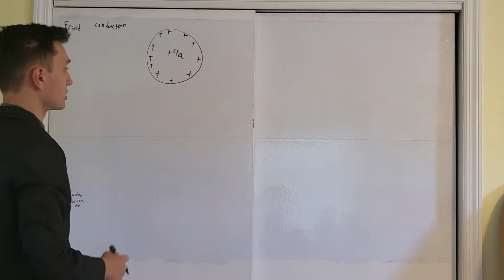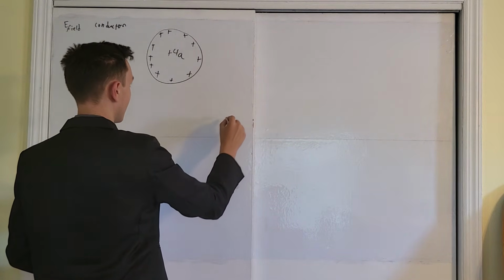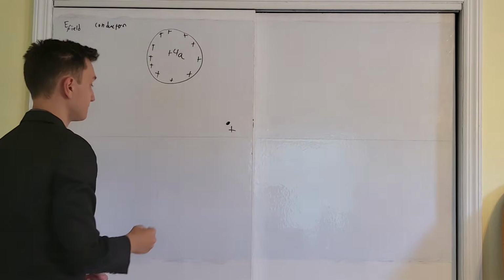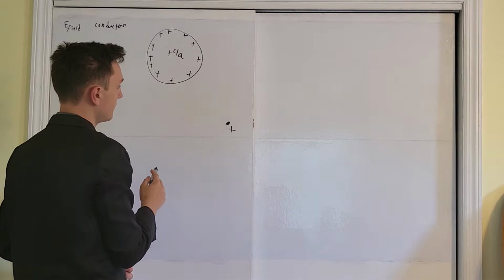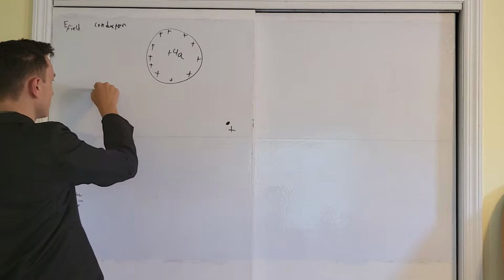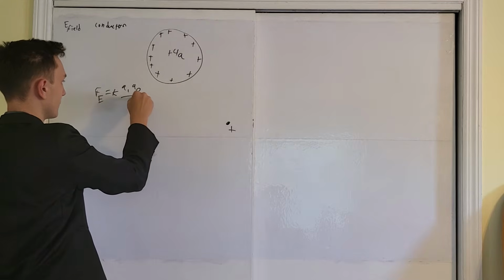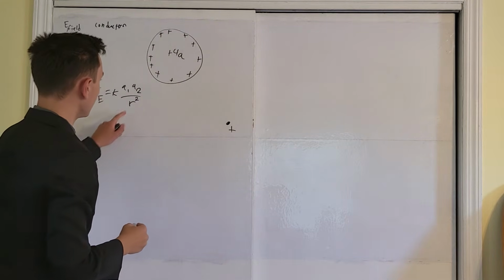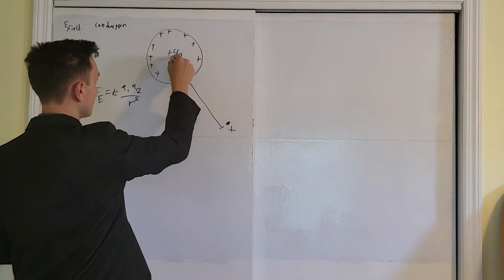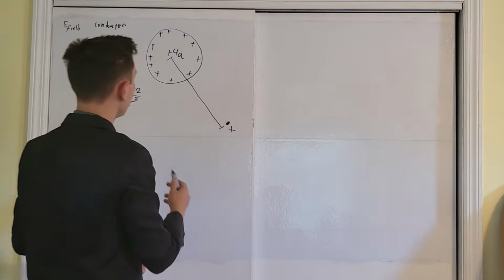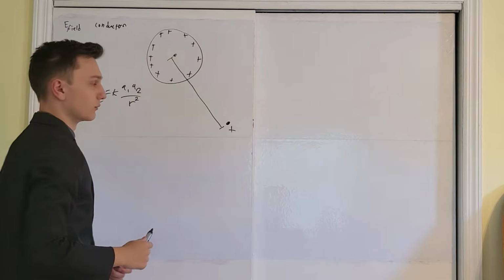But regardless of how charge is distributed throughout the sphere, if I am at some point outside the sphere, let's say I have a positive charge right here, this positive charge sees this positively charged sphere, and when we do our force calculations, the electric force equals k q1 q2 over r squared. When we do the electric force calculation, the r squared, the distance between the two charges, can be thought of as being between the charge and the center of the uniformly charged sphere,